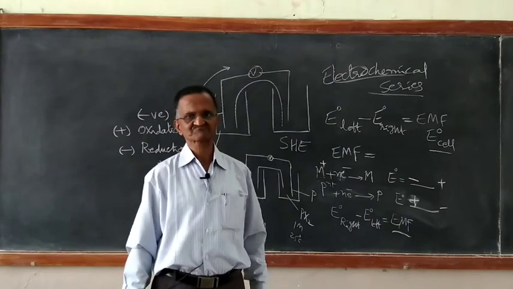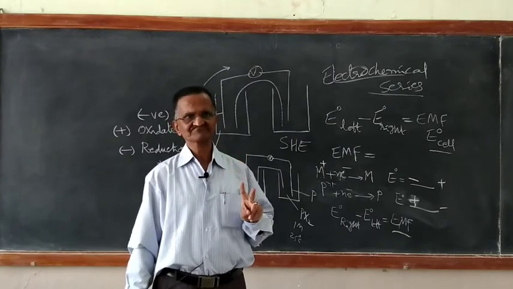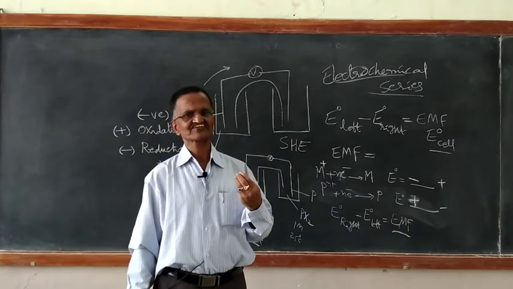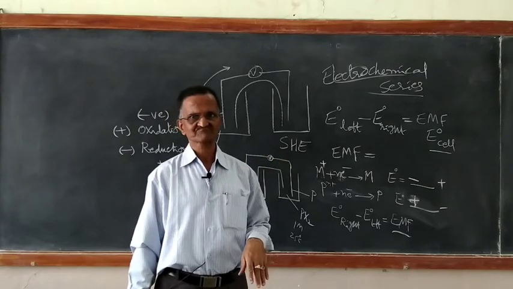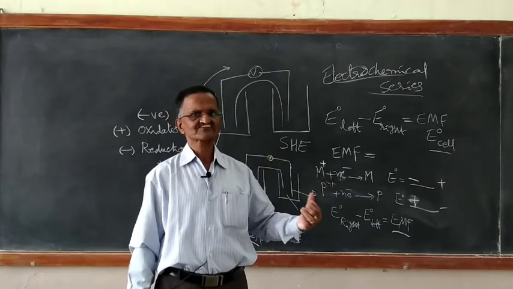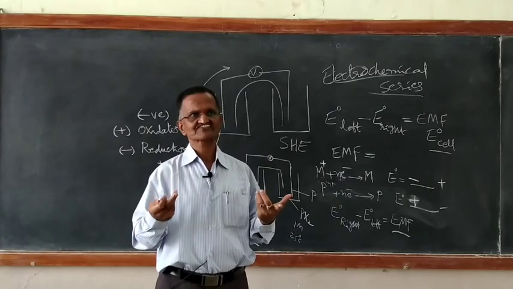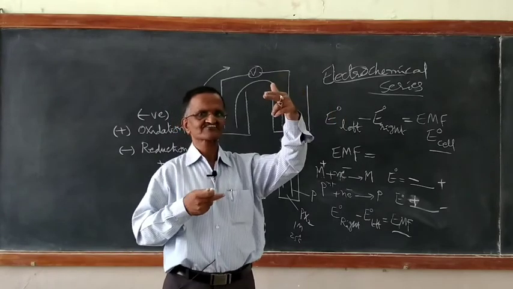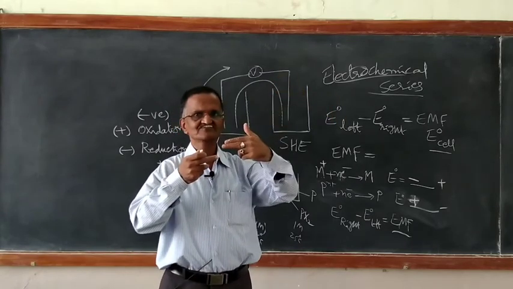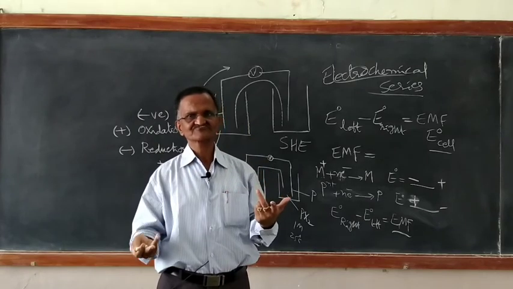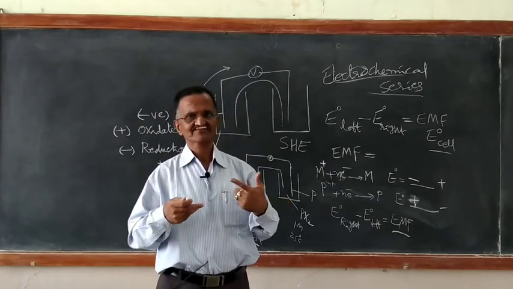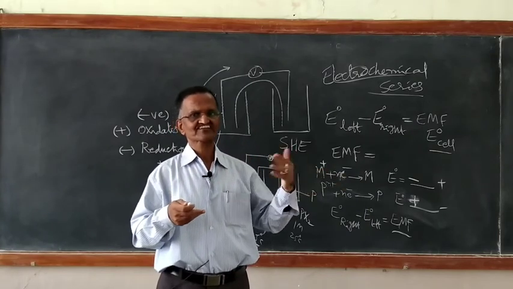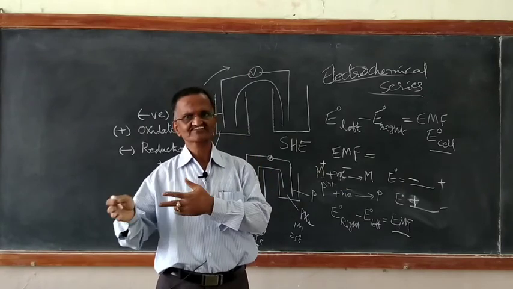That is one advantage. Second advantage, I want an electrochemical cell which is to give me some 2 volts, for example. If I want only 2 volts of electricity from the electrochemical cell, what do I have to do, sir? How to find out? Very simple. You got a chart. From that you find out the difference of which 2 is going to make 2 volts. Take those 2 metals such that the difference between the left half cell and right half cell is going to be 2 volts. Construct that.